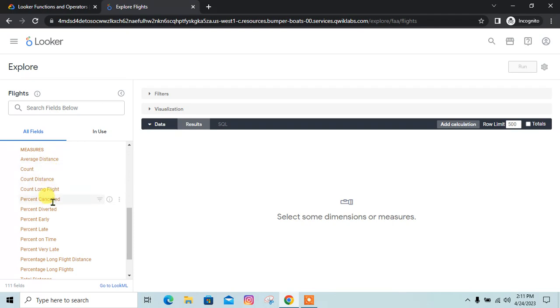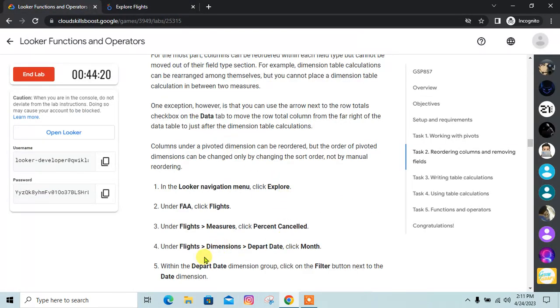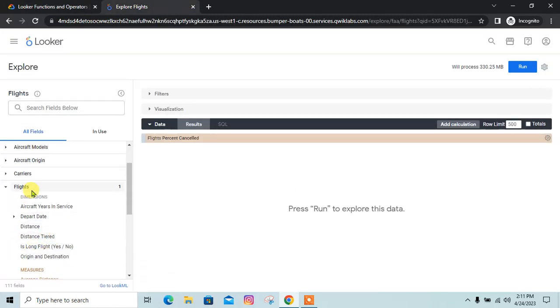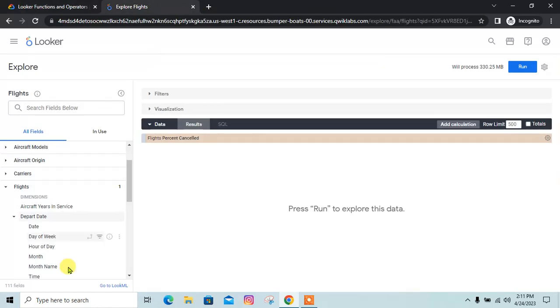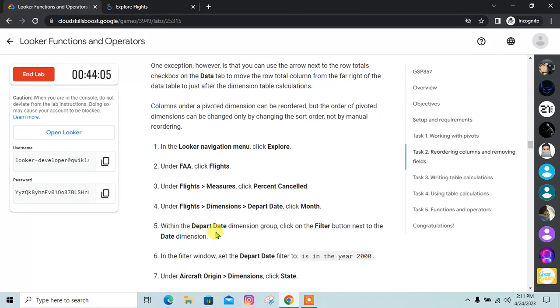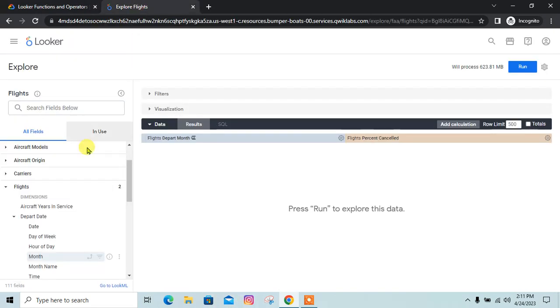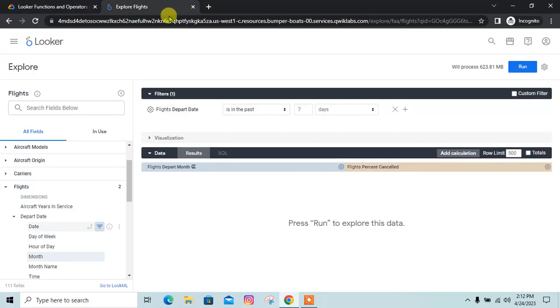Measures percentage cancelled, and then flight dimension, departed date, month. So click this one, and within the departed date dimension group, click the filter button next to the date dimension. Just click this filter button, and we have to choose is in the year 2000,